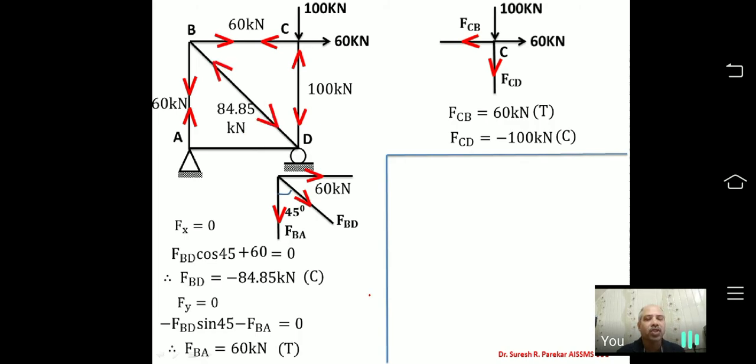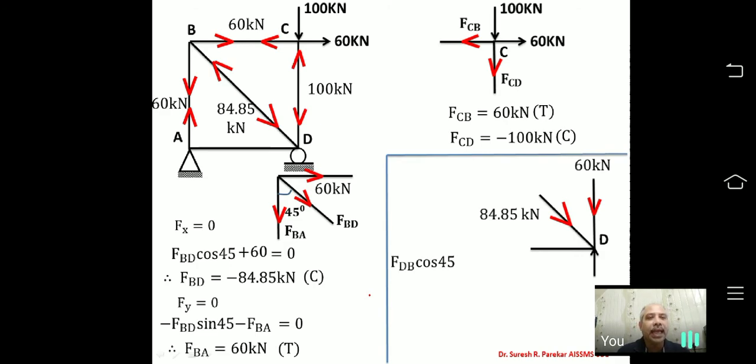Now after showing these forces, now we have at joint D two unknowns, one vertical reaction, and they can take a second force in member DA. Now I will consider the joint separately. Now see very carefully the joint D. I have shown this 84.85 kilonewton, which is compression, and I have shown DC also compression. But force in the member DA, we are going to consider it as tensile.